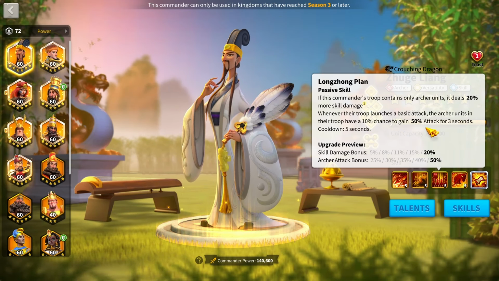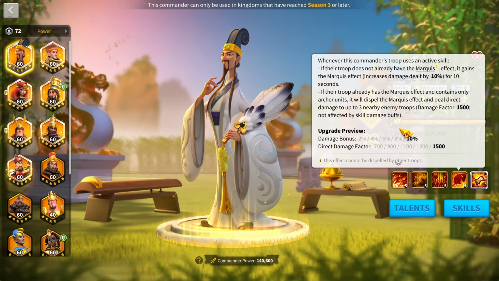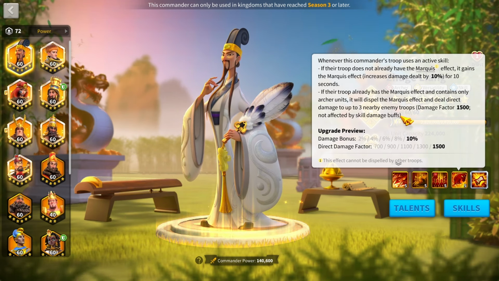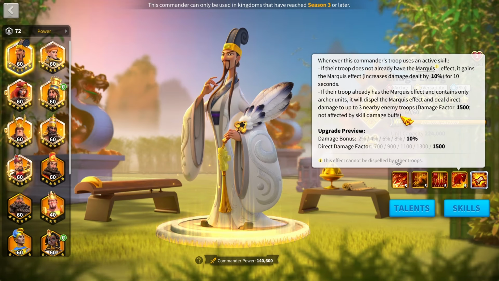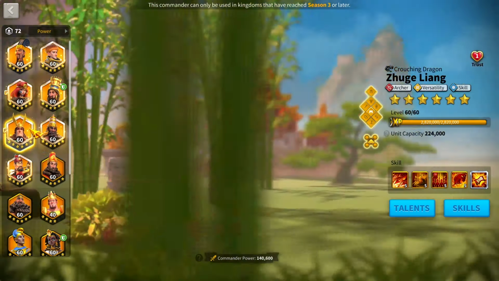The reason this skill is so important is that this Marquee effect is probably the strongest thing in his kit, giving him the ability to literally deal almost a second active skill. And even though this active skill isn't affected by skill damage bonuses, it doesn't say there is a skill damage reduction, and to my knowledge, and I said this when he first released, there is no skill damage reduction. So unlike a commander such as